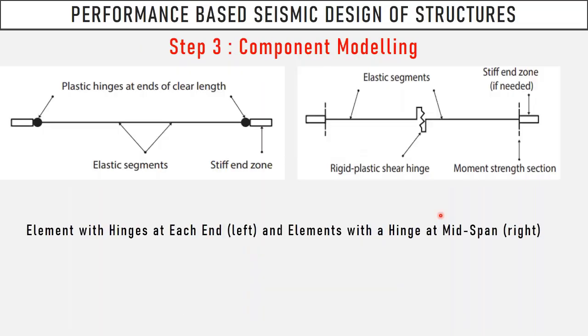Of course, at the end, you are going to have the components. If you are using lumped plasticity, the most appropriate or most acceptable regions are the end regions for the plastic deformation. You may use elastic segments in between, but it depends; in some cases you may even have a shear hinge. Again, as an engineer, you will decide, because you need to know how your structure behaves, and you try to simulate it as best as possible in your mathematical model.